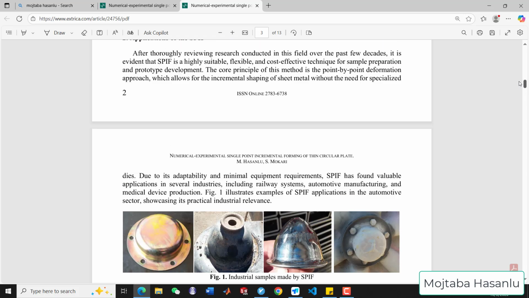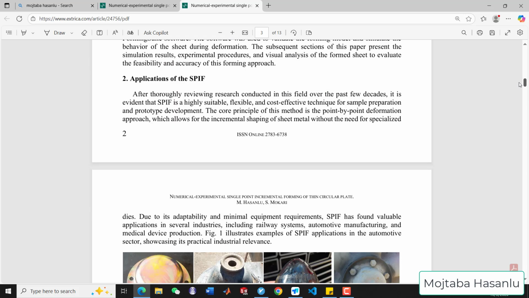But in this research paper, I want to correct my notations in these previous mentions. In this research paper, applications is part of the